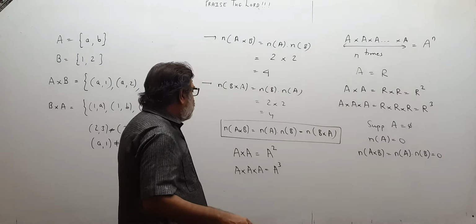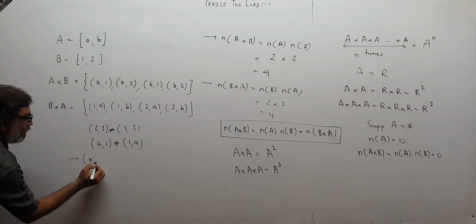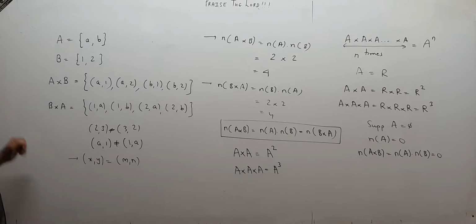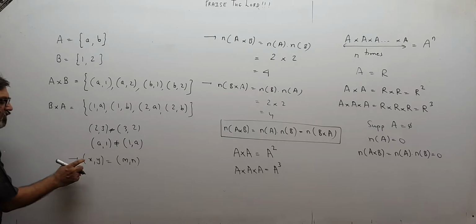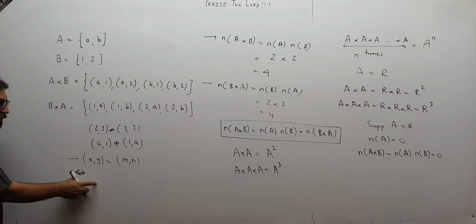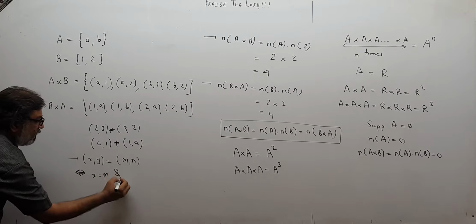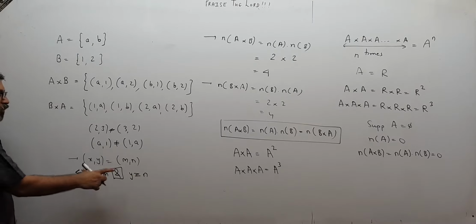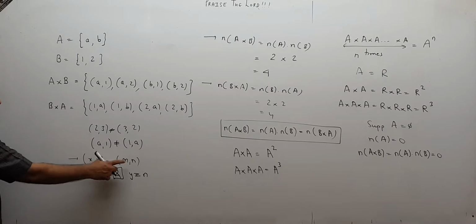One more thing I want to tell you, children. I will write over here. If (x, y) is equal to (m, n), if two ordered pairs are equal, that can happen only when, implies and implied by, means from this I will get this statement, and from this statement I will get this statement. It means x is equal to m, and this 'and' is very important, and y equal to n. That means both x coordinates should be equal and both y coordinates should be equal. Only then the points can be same points.